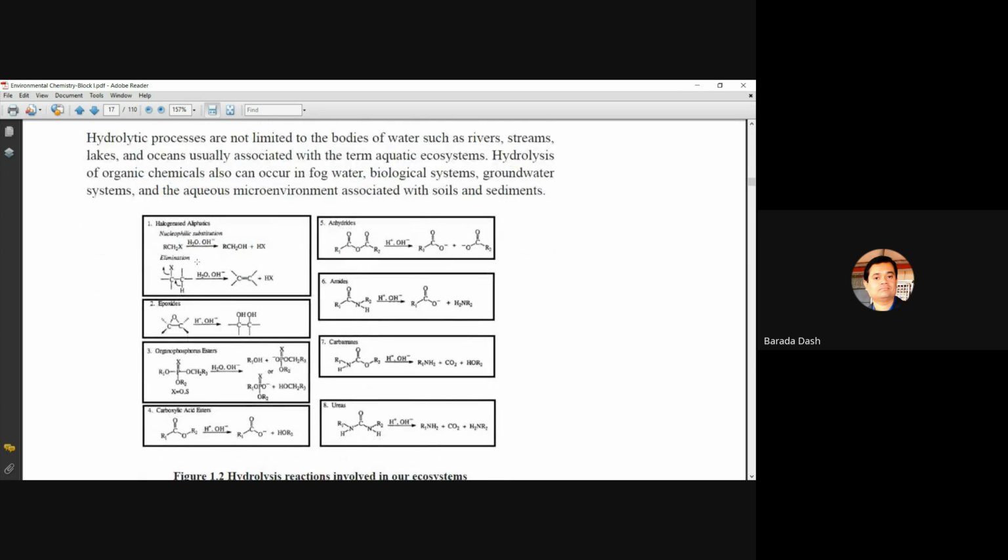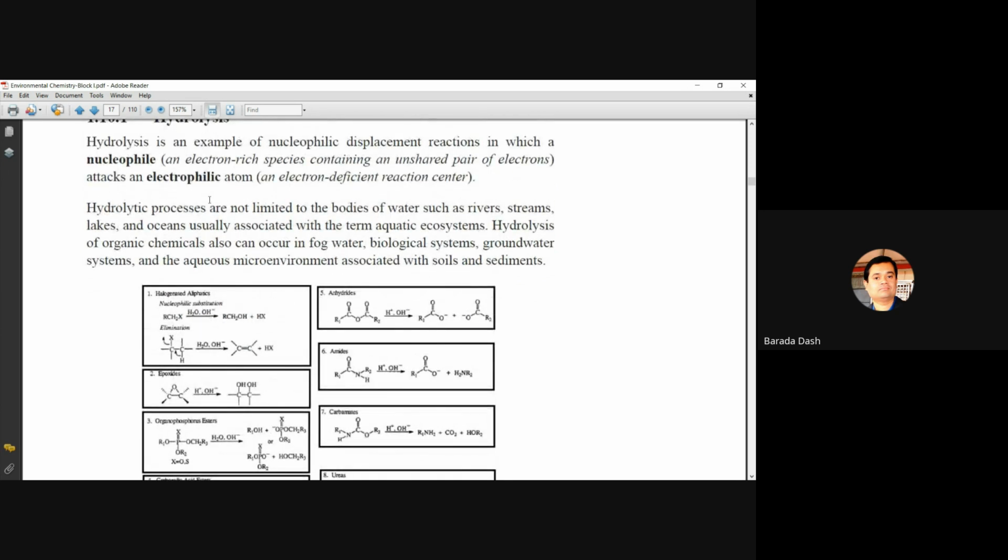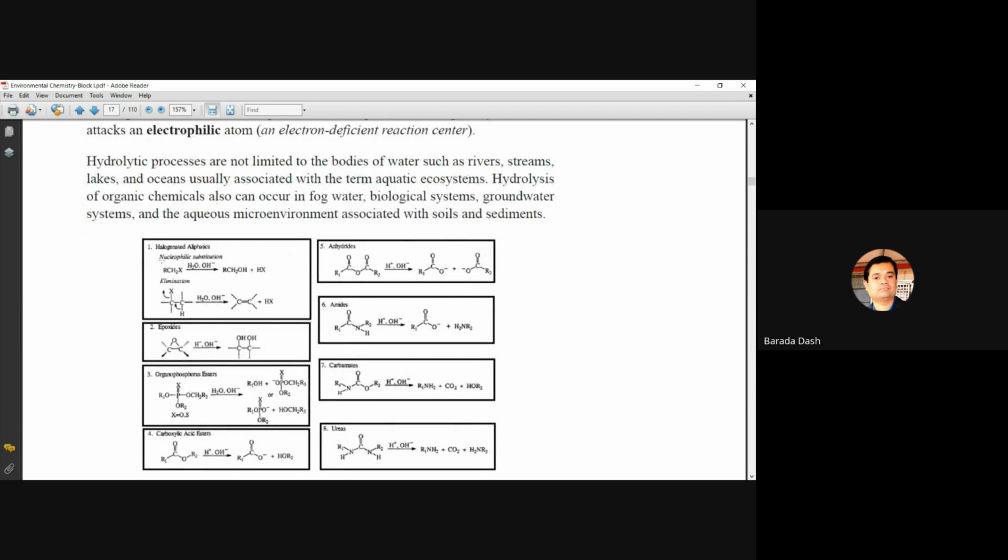Basically, reactions of water, hydrolytic processes, are not limited to the bodies of water such as rivers, streams, lakes, and oceans, usually associated with the term aquatic ecosystem. Hydrolysis of organic chemicals can also occur in fog water, biological systems, and ground systems. So basically, a hydrolysis process means a reaction in which water reacts with a particular reactant to produce